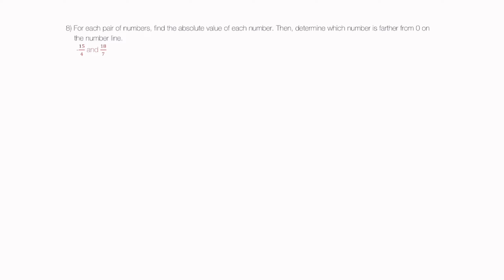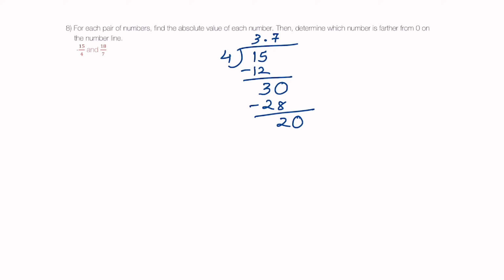15 over 4 and 18 over 7. Now we need to convert these numbers into a form that is easy for us to compare, which means we are going to convert these fractions into decimals. Let's get them. 15 divided by 4. 4 times 3 is 12, giving the remainder 3, and we add 0, which means a decimal here. 4 times 7 is 28. 2 remainder, again 0, and 5 over here. So this number is